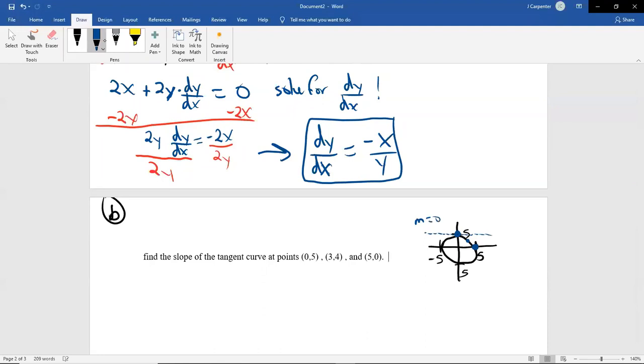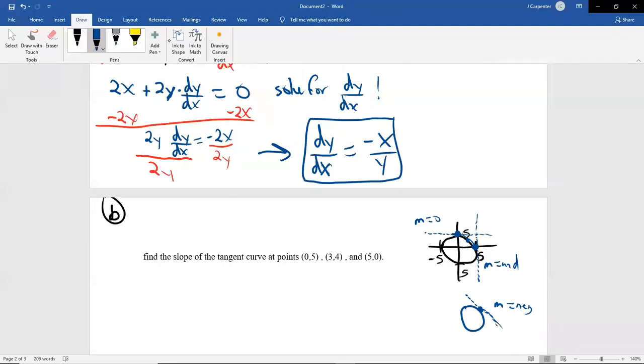Now at the 0, 5 at the top one, this is what the tangent line would have to look like. That slope is 0. So we should be able to prove that with the calculus. This point over here at 5, 0, that would be a vertical tangent line, and that slope would be undefined because vertical lines have an undefined slope. And then this one in the middle, you can't actually see the numerical value of it. Let me just draw that circle, just that single point. There's the point 3, 4. There's the tangent line. You can't tell the number, but you can tell it's negative and not positive. So let's see if the calculus agrees with that.